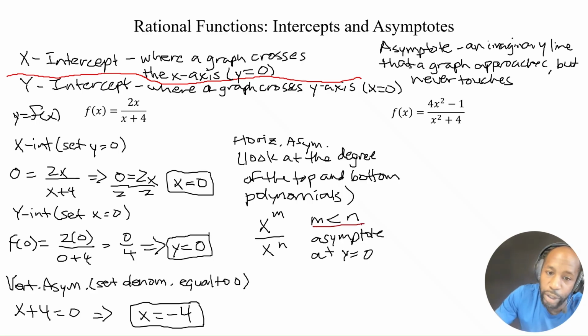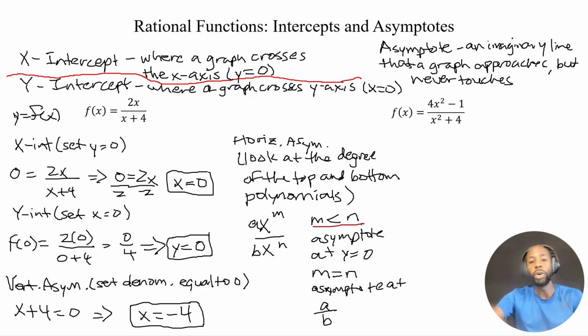if m is equal to n, then there's an asymptote. Now it's important for me to write this: asymptote at a over b. So what happens is